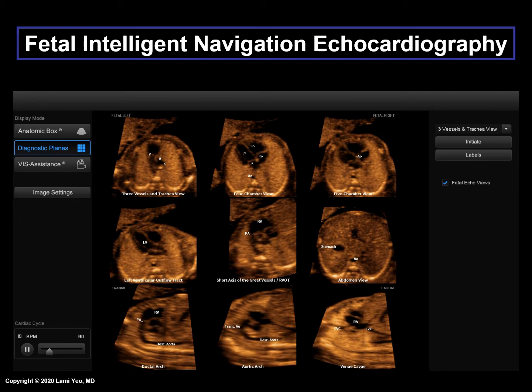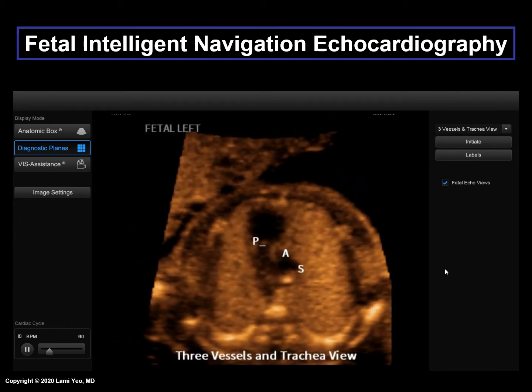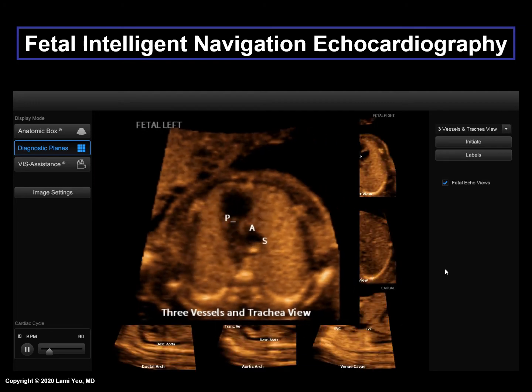For the purposes of this presentation, we have enlarged each of the cardiac diagnostic planes to show them to the user.